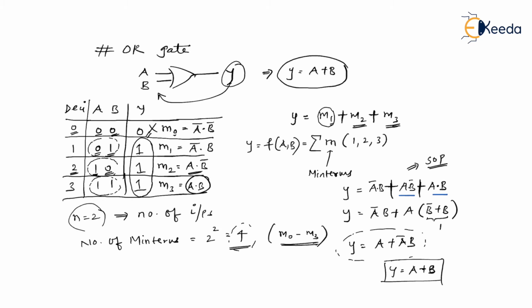And as you can see, this is actually the output expression for the OR gate. So I have proved that by using min terms, I can get the output expression for the OR gate. I'm sure you have now understood the concept of min term and how to use them to get the output expression. Now we are going to see the concept of max term, and also I'll teach you how to get the output equation with the help of max term. Let us see.